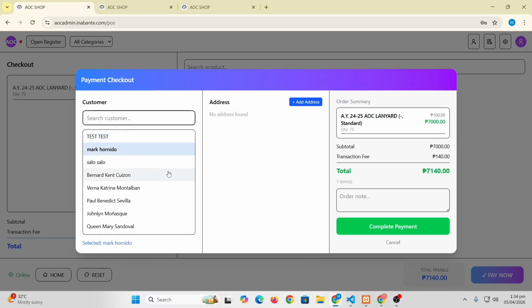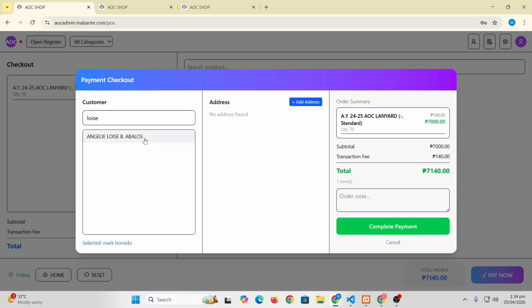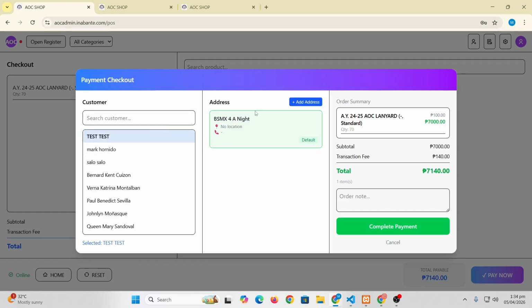You can also search for a certain customer in here. You can search for certain customers. In our account, you have test, the one that we created earlier.